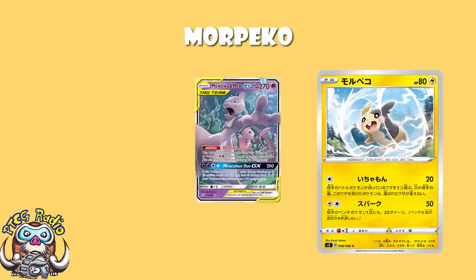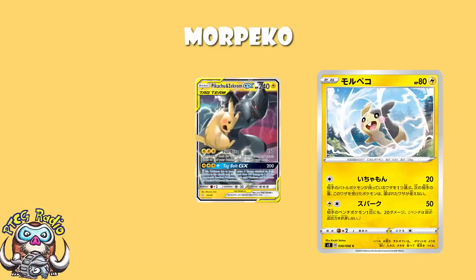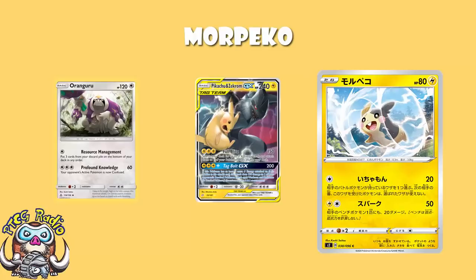But against something like Pikachu and Zekrom, we could do far better. Using this, I mean, let's say for argument's sake, your opponent goes first, and then on your first turn of the game, you use this against Pikachu and Zekrom and choose Full Blitz. They need that. They need Full Blitz. So that's going to go pretty badly. Putting this up against an Oranguru and stopping them using Resource Management to recover their stuff, that could be...